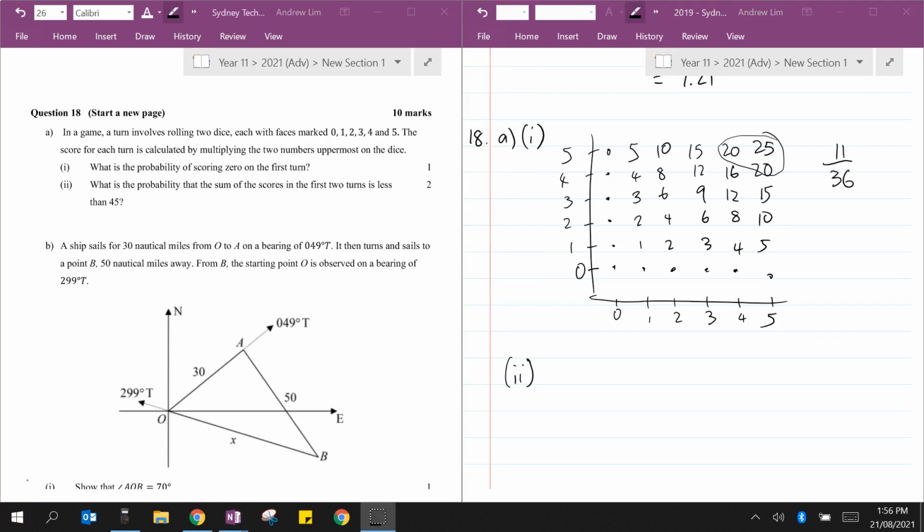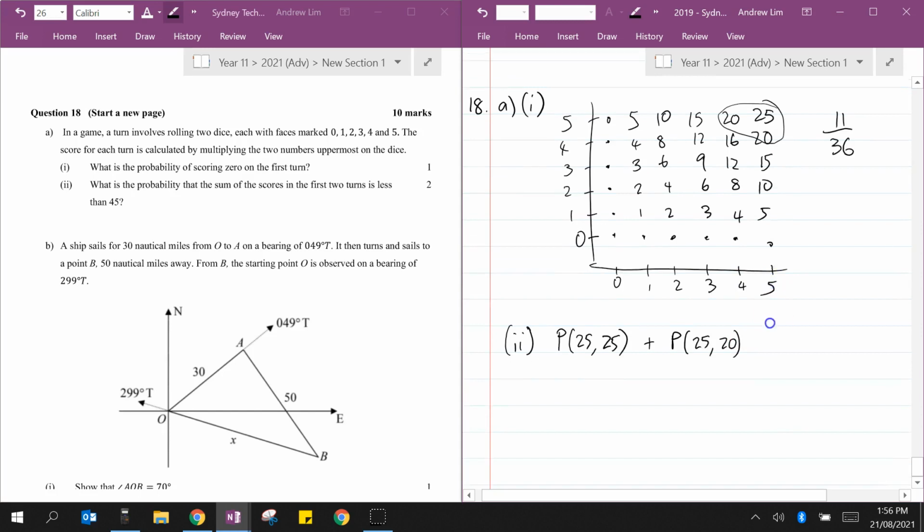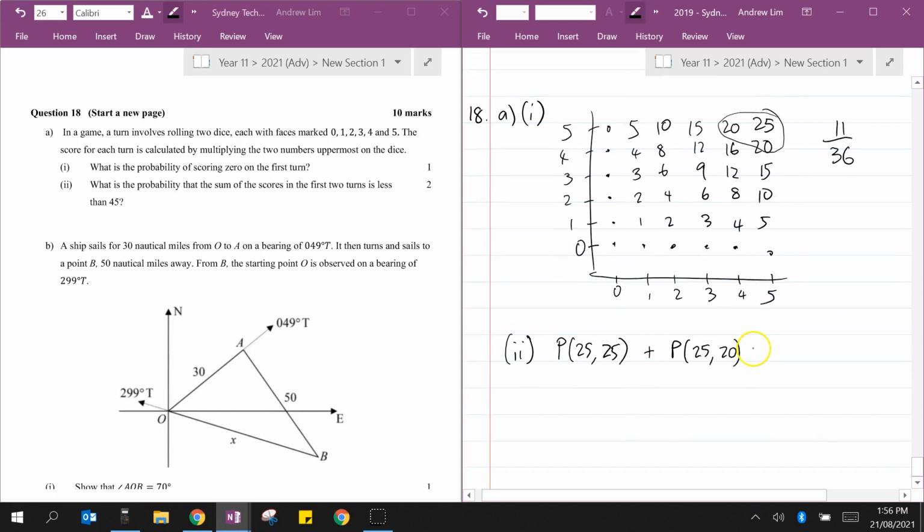You have to get a 25 and then a 25, or a 25 and then a 20. But that occurs 2 times. Or 20 and then a 25. That also has 2 chances. So the probability of 25 and 25,